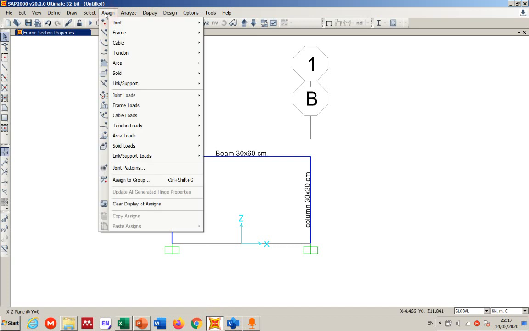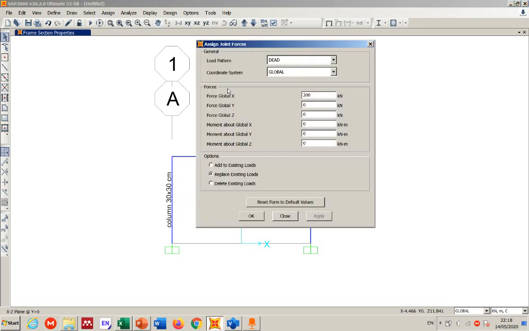Now we're going to go to assign again. We're going to go to joint load. We have force, we don't have displacement. If I had support settlement, I could go for displacement here, but I only have force. I'm going to go for force. Then